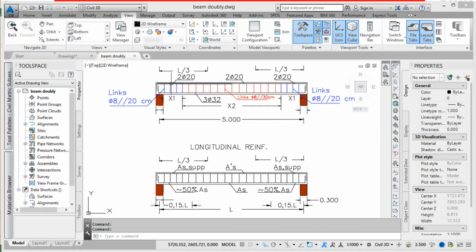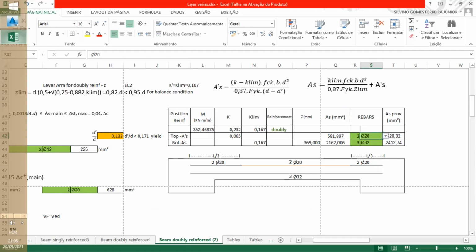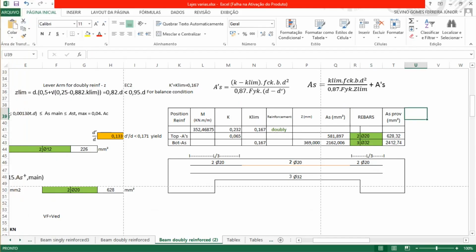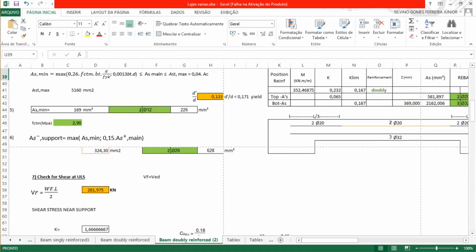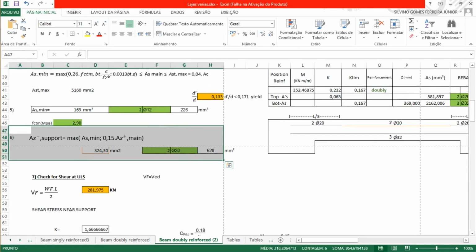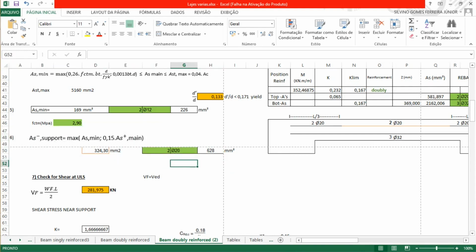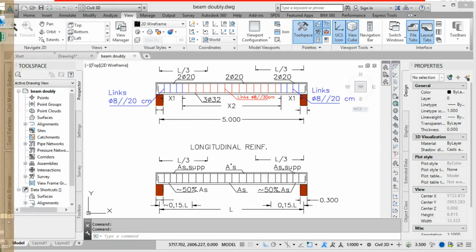We could have reduced it, but I think we'll save more steel like that instead of using another diameter. So for the support here we adopted this one, so we just extend 2 rebars of 20. So we have all the longitudinal steel on bottom and top, on supports, on the corners and midspan,